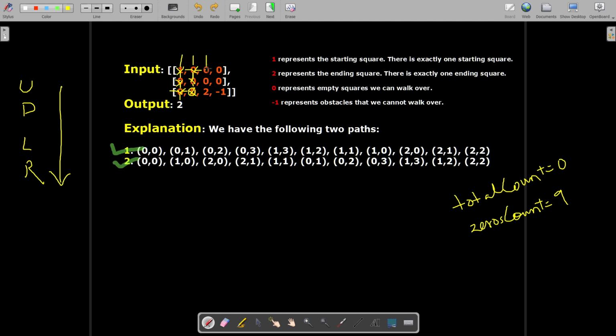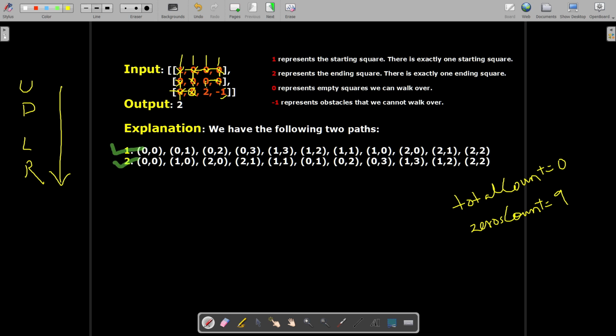From here we move down, so we are left with left and right, so we'll check if we can move left or not. We can't move left, so we have to move right. So we'll mark this as visited, we'll move right. And from here we can't move up, we can move down, so we'll move down. From this node we can move up, we can't move down as this is an obstacle. Okay, so now we'll check if we can move left. We can, so we move to this node, and from this position we can only move down,